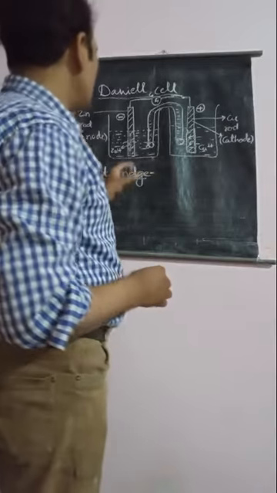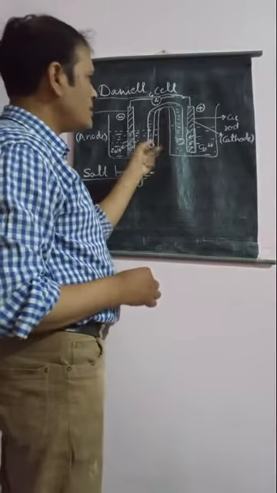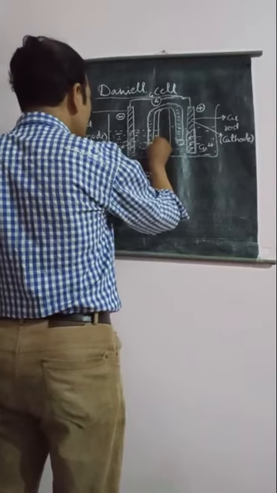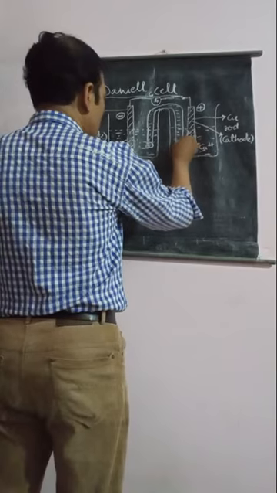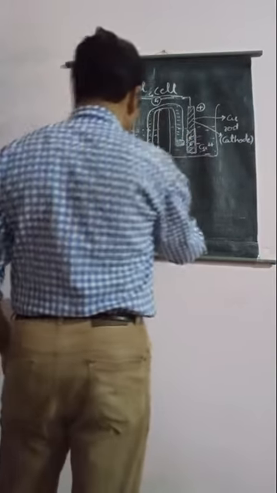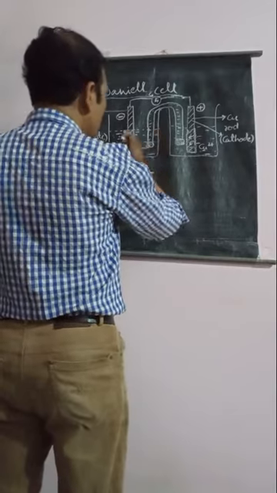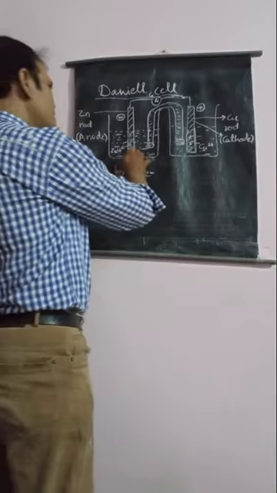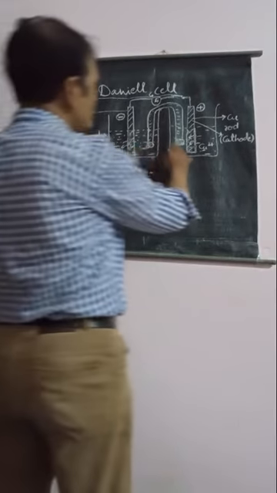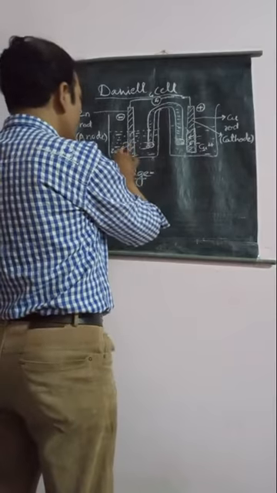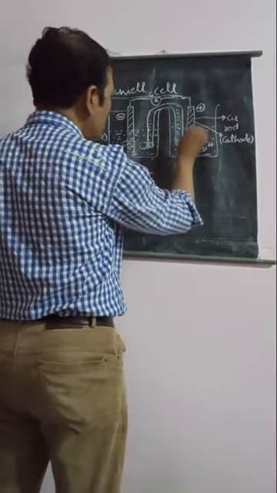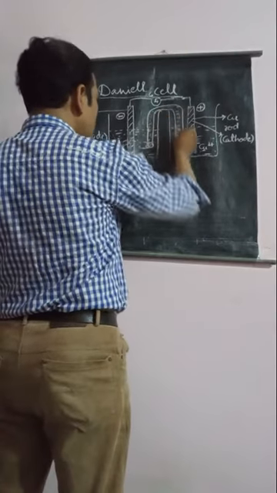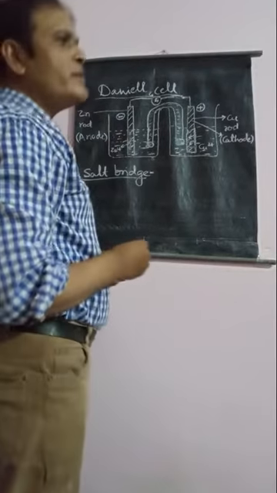One function of the salt bridge is to complete the circuit of the cell, connecting both the half cells of this Daniell cell. This is one of the functions of the salt bridge, to complete the circuit of both the half cells. Second, since here the concentration of zinc ions will increase and the concentration of copper ions will decrease, inside this salt bridge generally a positively charged ion and negatively charged ion electrolytic solution is present.